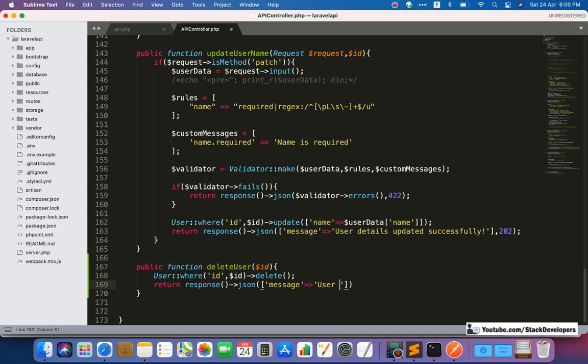If you are calling this API from the admin panel and the admin is deleting the user, then the message will come like user deleted successfully. Otherwise, if the user is deleting his own account, then the message will be your account has been deleted successfully. So you need to decide your own message. I am writing like this, assuming that the admin is deleting the account of the user. Here it is without a response code, but we are going to pass the response code.